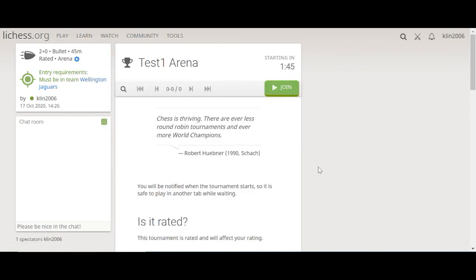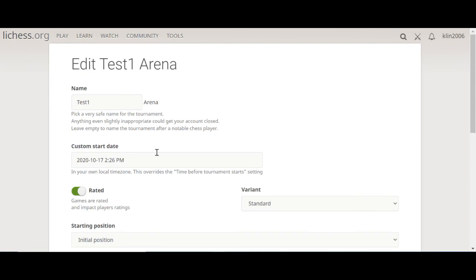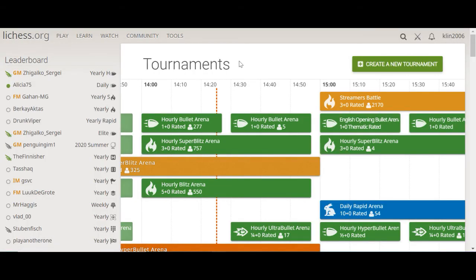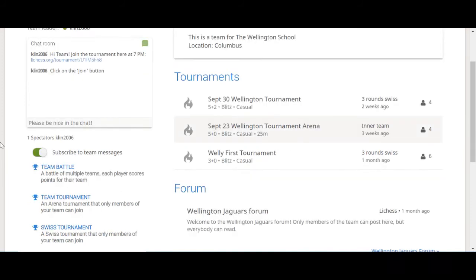If you realize you made a mistake in creating a tournament, what you can do is you can go up to the settings button, and then if you scroll down, it says cancel the tournament. And so you can do that if you realized you made a mistake. If you go back to your team page,